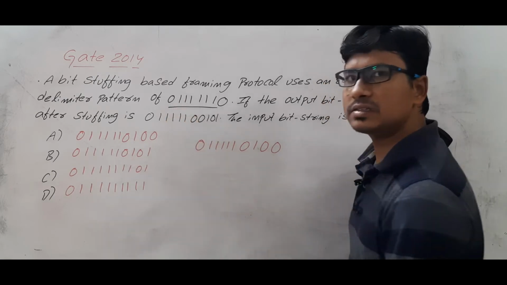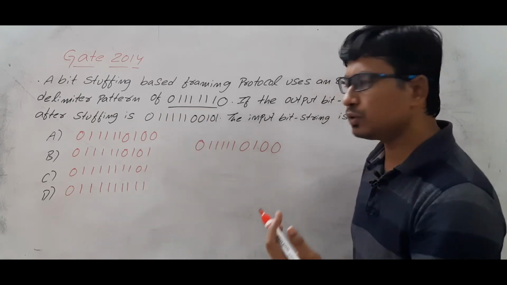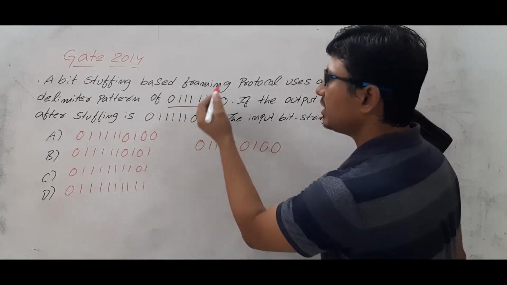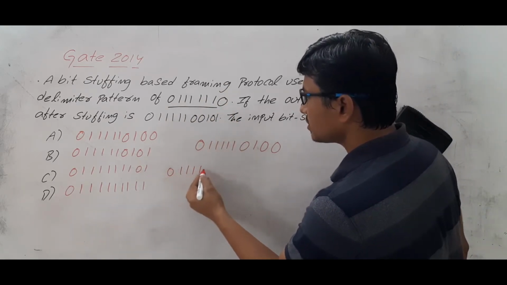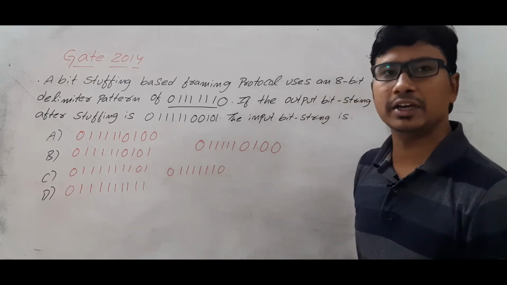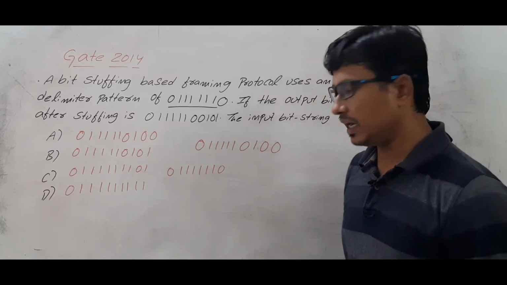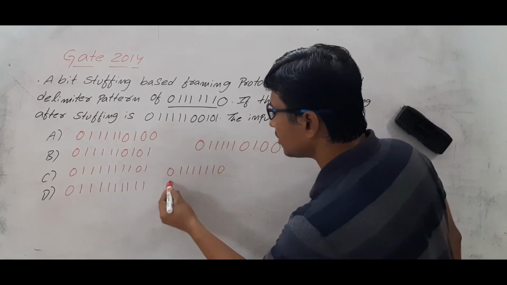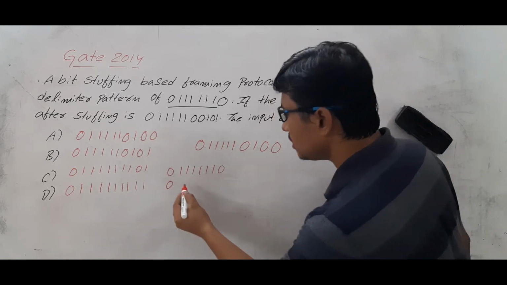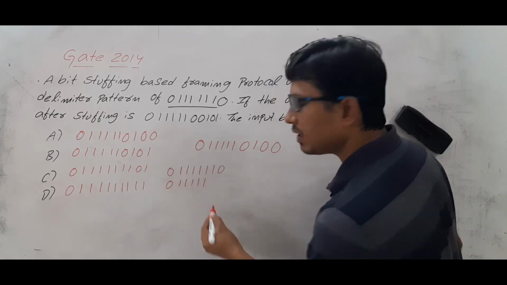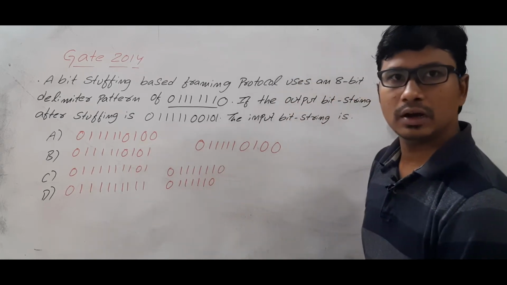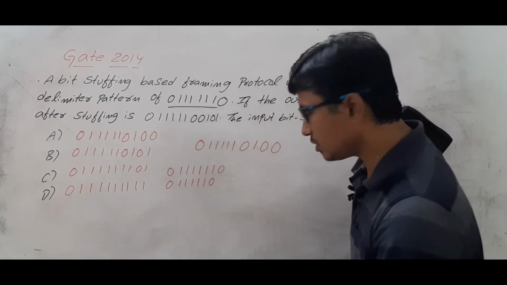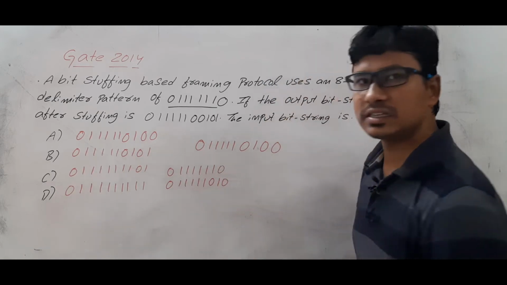To break this end delimiter pattern, what we usually do is, whenever you find data 0, 5 ones, followed by 10, this will create a problem with the data and the end delimiter. So if I see in the data 0, 5 ones, then I will make this as 0. Are you able to understand? I will add an extra 0 and send 10 as the data.